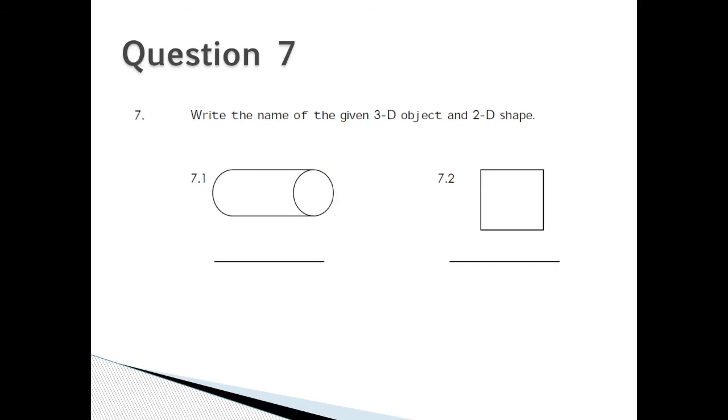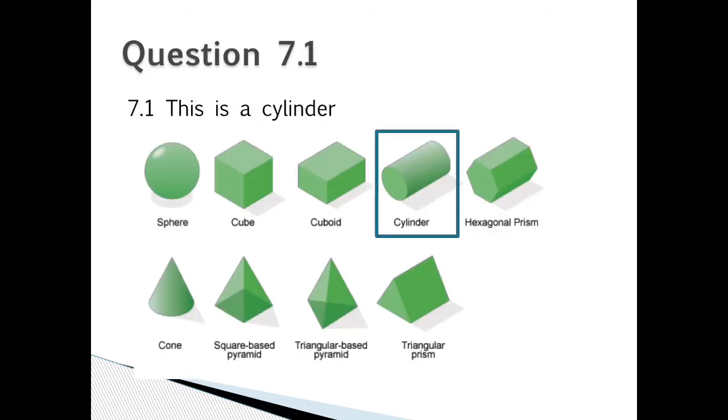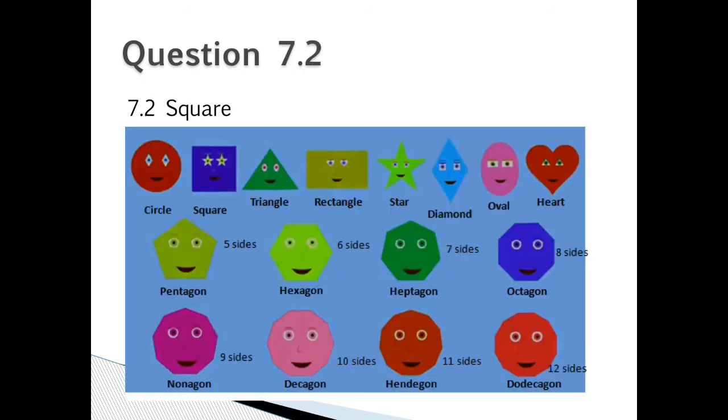Write the name of the given 3D object and 2D shape for 7.1 and 7.2. Question 7.1 is a cylinder. The rest of the shapes are a sphere, a cube, a cuboid, a hexagonal prism, a cone, a square-based pyramid, a triangular-based pyramid, and a triangular prism. 7.2 is a square. The rest of our shapes are a circle, a triangle, a rectangle, a star, diamond, oval,